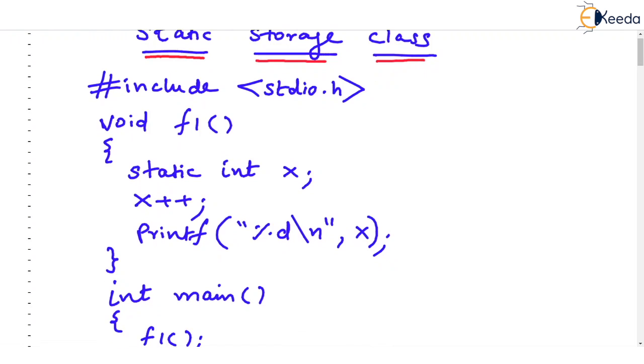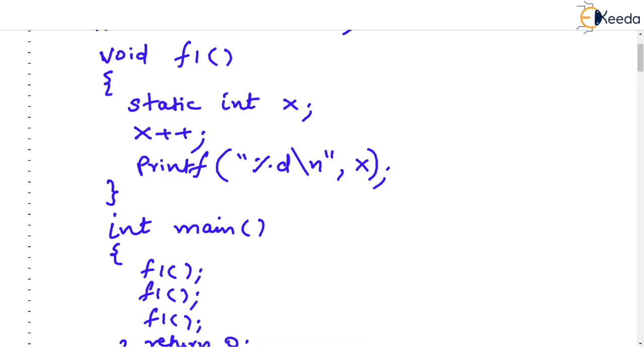Again, I have written a very simple code where there is a function called void f1. Check that f1 is a void function, so it will not return any value. So return statement is missing. There is no return statement inside the void function. And f1 is a function which doesn't take any parameters either. No parameters. But still this empty bracket must be written. You know the rules.